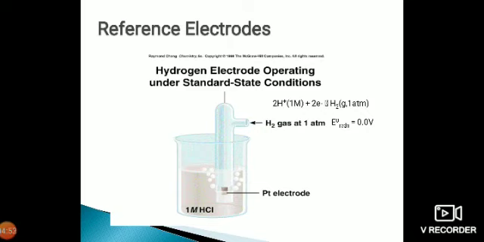The standard hydrogen electrode can be used both as an anode or a cathode when joined with another half cell. When it is joined with a zinc electrode, it works as a cathode, where the zinc electrode acts as an anode. When it is coupled with a copper electrode, the standard hydrogen electrode acts as an anode, where the copper electrode acts as a cathode. The combination of these two electrodes constitutes a cell. You can connect it to the potentiometer and measure the EMF of the cell. Because the standard value of the standard hydrogen electrode is known to us, it is 0 volts, it is possible for us to calibrate the standard electrode potential of the coupling electrode when it has been constructed with the standard hydrogen electrode.